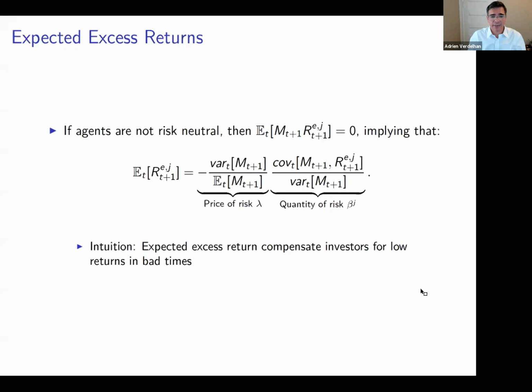And the intuition is exactly the same. The expected excess return has to compensate investors for low returns in bad times. So the whole discussion is then how you measure bad times. I gave you two examples before, either low consumption growth or high equity volatility, but there are other ways to do this because maybe there are different kinds of investors and we have better measures of bad times. And the more research you do, the better we're going to measure those bad times. But the logic stays the same. If I make money by investing in high interest rate currencies, it has to be that those high interest rate currencies are going to depreciate in bad times.